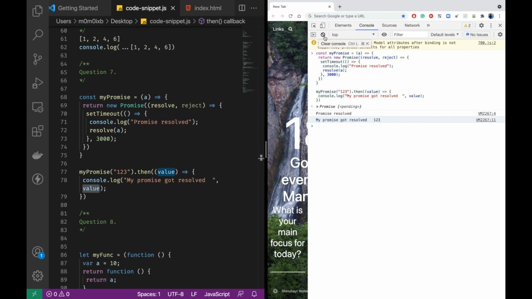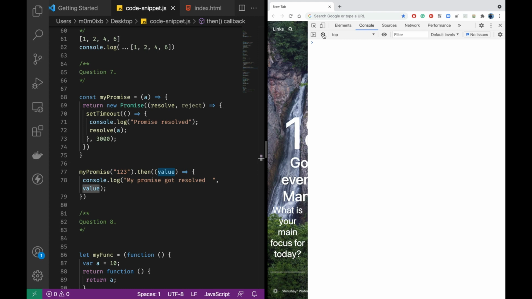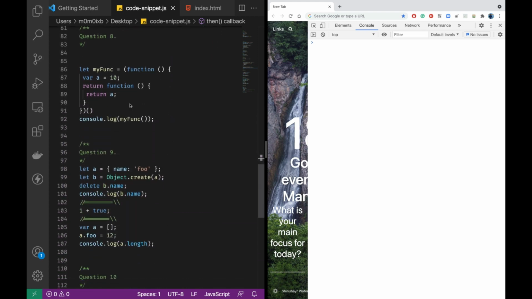Hopefully, it makes you understand. It has just touched a part regarding promises. I'll try to create a video totally on promises. I'll put so many questions like this so you people can understand more clearly, because there are so many gotchas as well. Now moving to the next question.